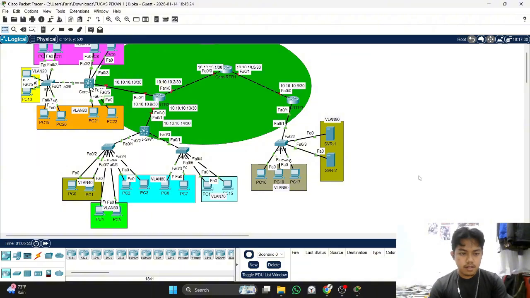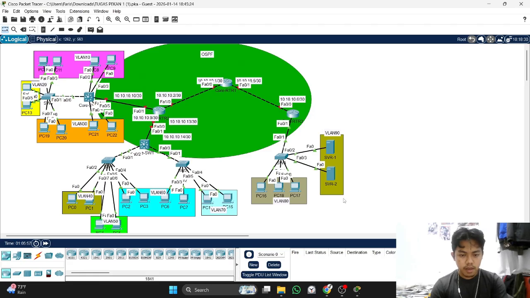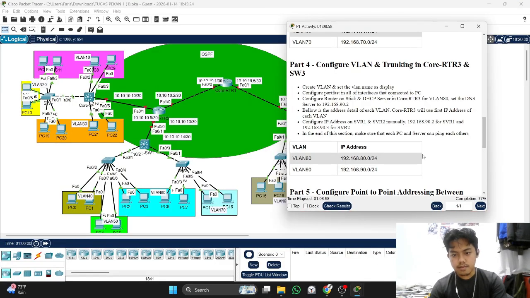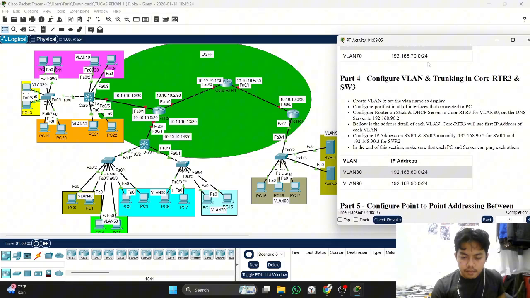I think the next step is OSPF. Before that, we will check the result first. Router 3, switch 3.